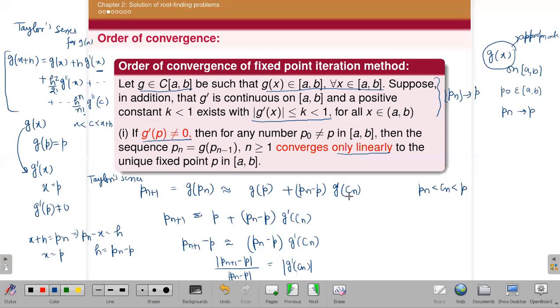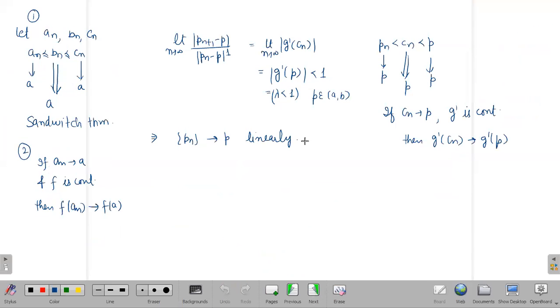So from here I have taken any number, because Pn is already in the sequence. If you take P1, then I will take C1. If you take P2, then you have to take any number in between P2 and P, that is C2. P3 to P will be C3. So in general I'm taking Pn to P, that is Cn, any number in between Pn and P. Okay, ma'am. So here you got the linear convergence. I've used this result actually.